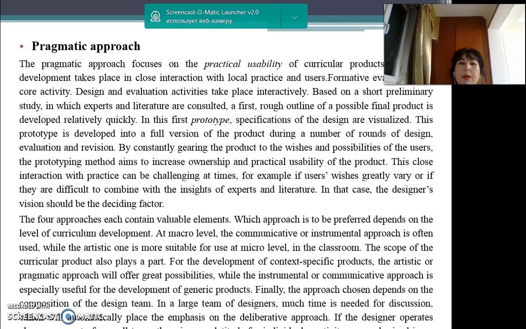The scope of the curricular product also plays a part. For the development of context-specific products, the artistic or pragmatic approach will offer great possibilities, while the instrumental and communicative approach is especially useful for development of generic products. Finally, the approach chosen depends on the composition of the desired